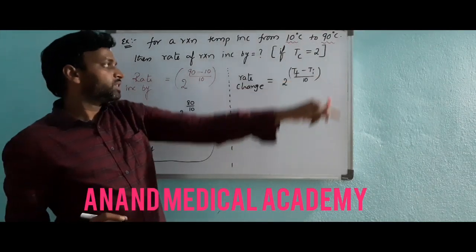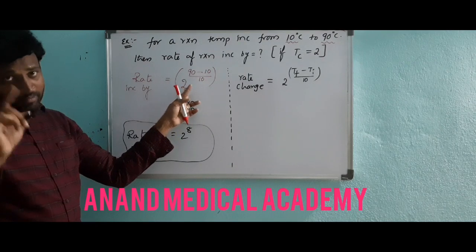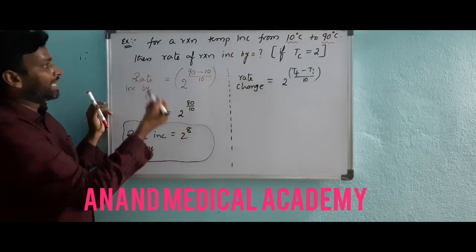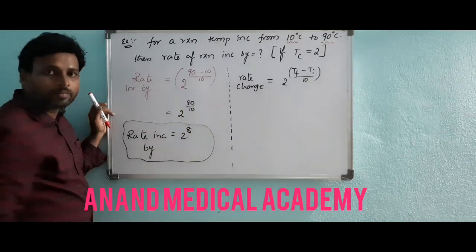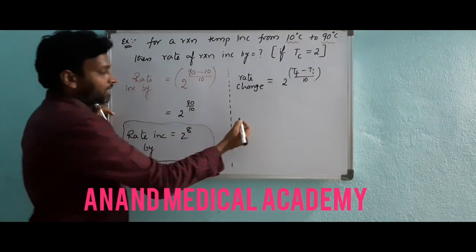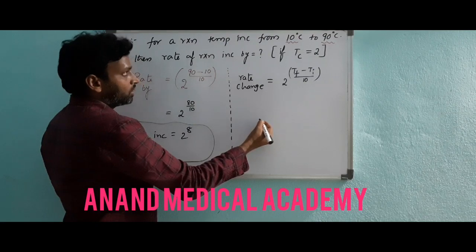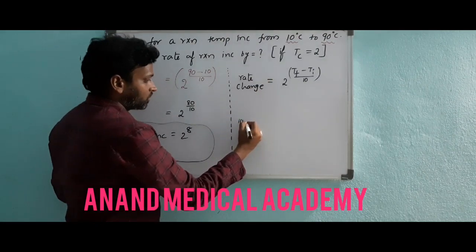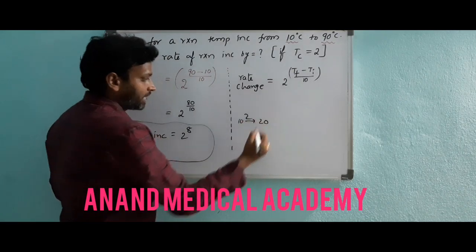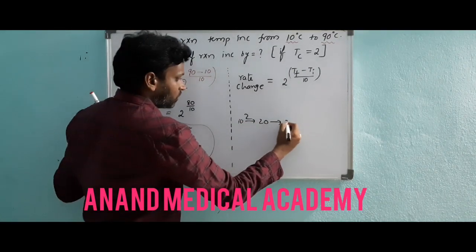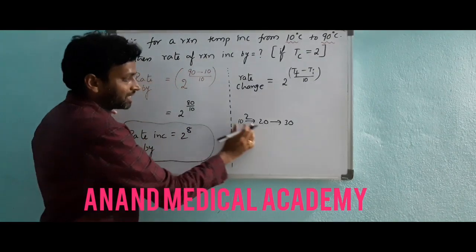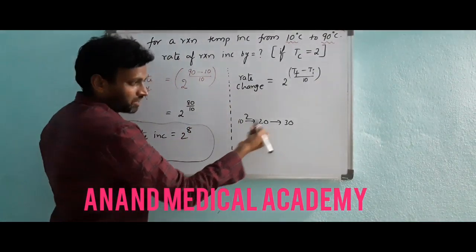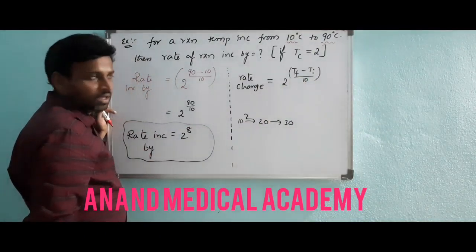If the temperature coefficient is 3, here you have to take 3. Remember this one. So the temperature increased these many times, or 10 times, like that. Or you can do it by calculating 10 to 2 times. I told you the temperature coefficient is 2, so like this you can do 10 to 20 is 2 times, 20 to 30, because for every 10 degrees Celsius it will be 2 more. You have to do that those many times.